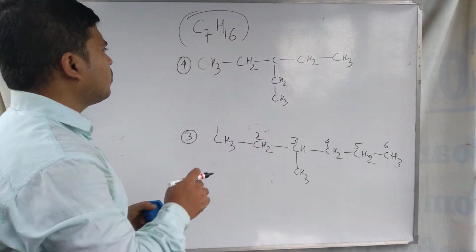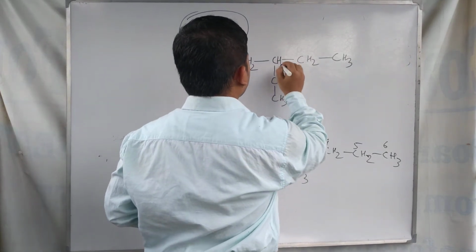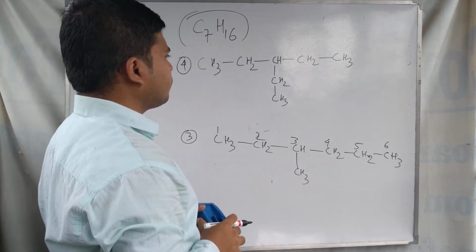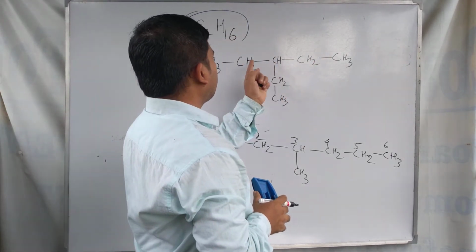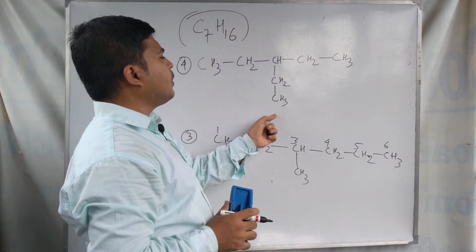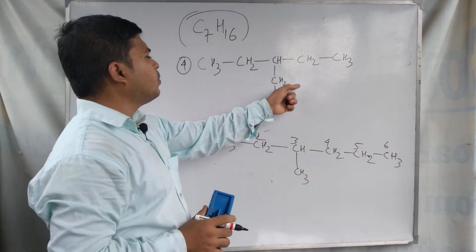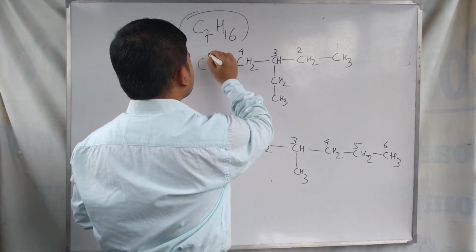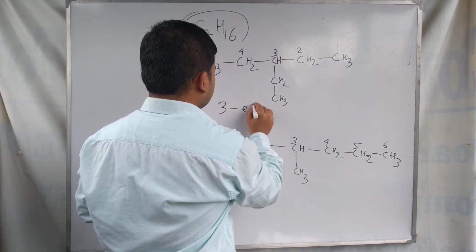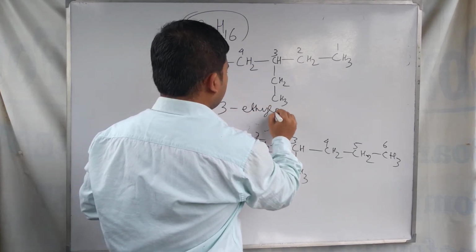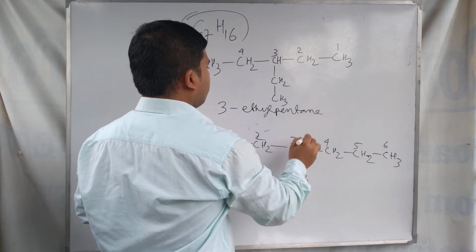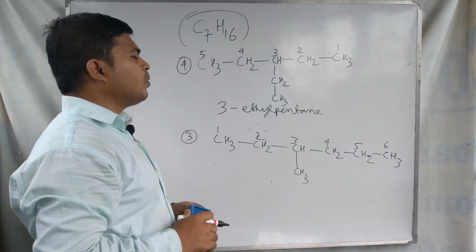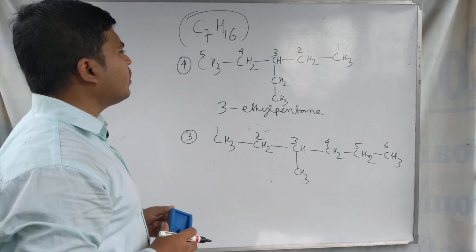So this one is called 3-ethyl pentane. 1 2 3 4 5. So 3 position is occupied by an ethyl group, so 3-ethyl pentane. Our 4th number isomer is 3-ethyl pentane. Okay, after this 3-ethyl pentane you can